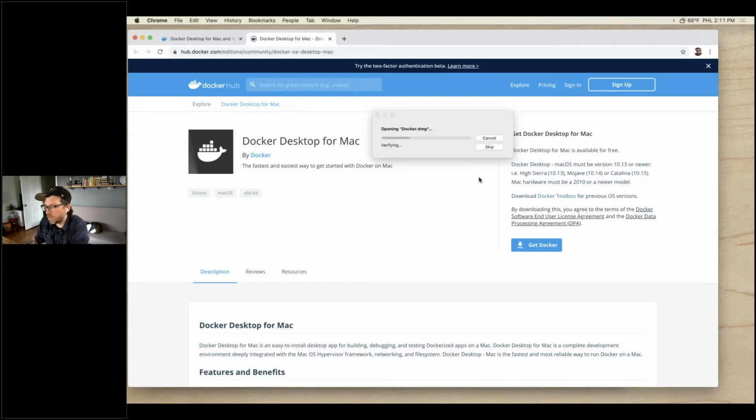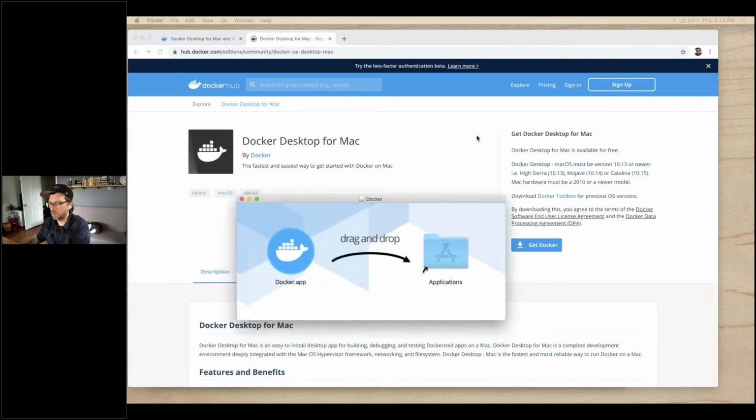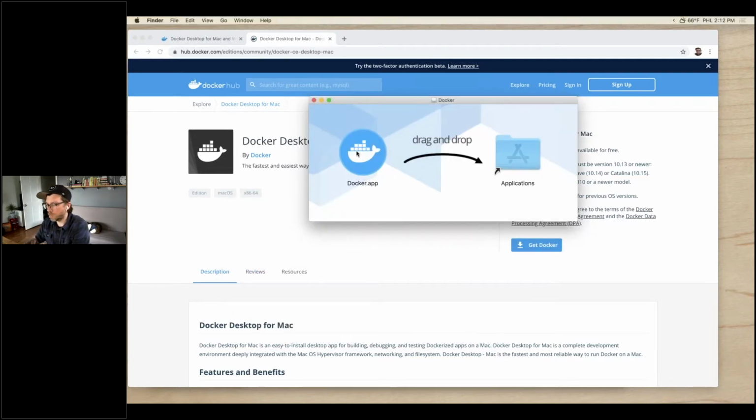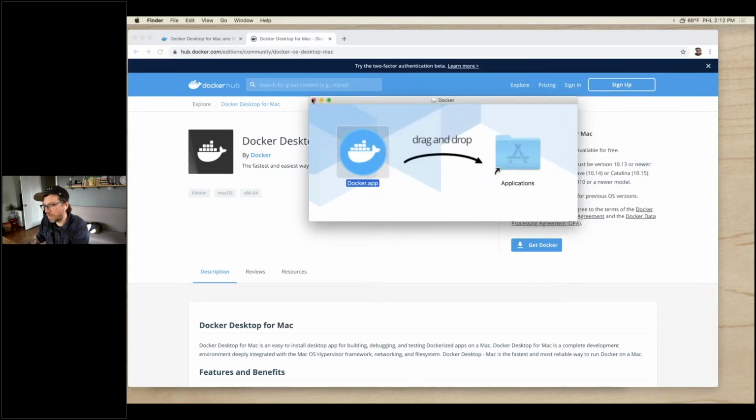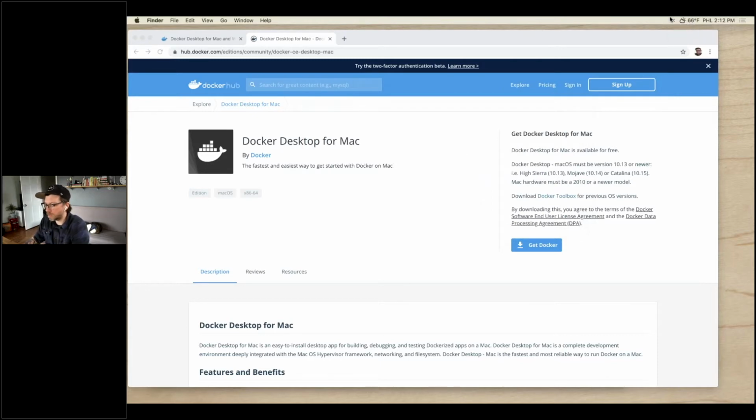And then you should be able to run through the installer. This should be a pretty simple drag and drop. I already have it installed, but if you drag that to the right directory, that should install it. And then once that is installed,